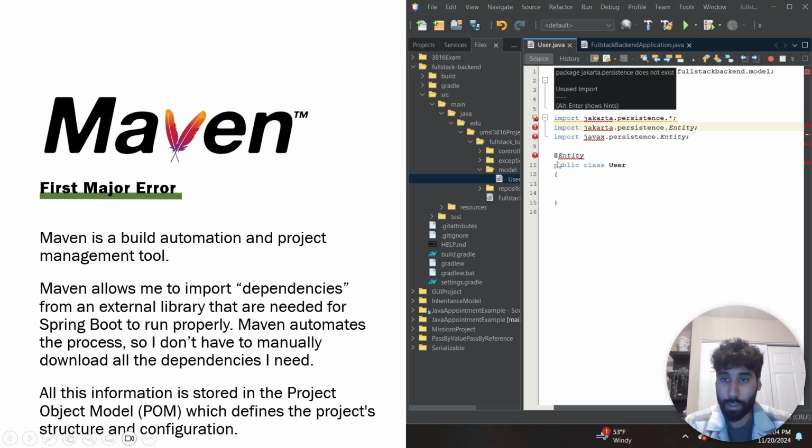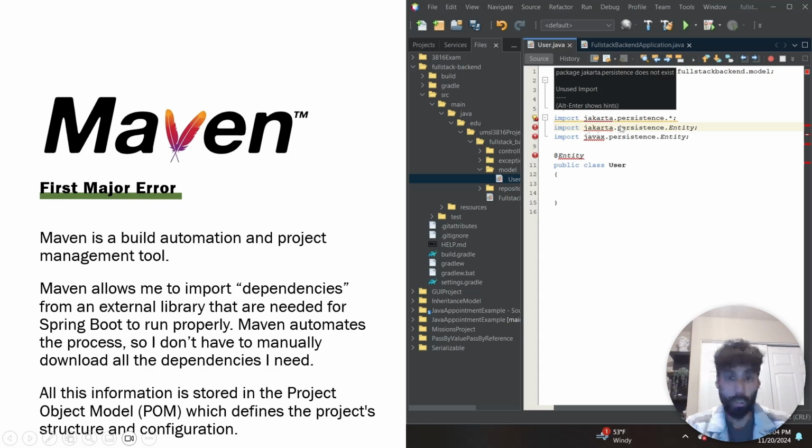As you can see over here, when I was trying to build the app and I was following the Udemy course, I accidentally started Spring Boot with Gradle instead of Maven, and I didn't fully understand what Maven or Gradle were, and so I didn't realize the mistake. It took me a solid 2 hours of trying to import things and figuring out why